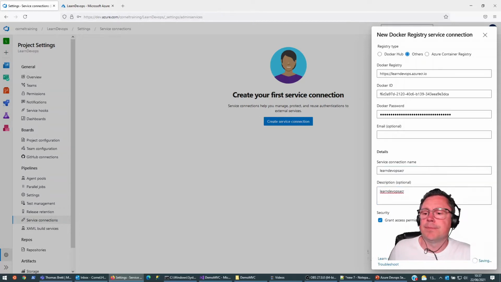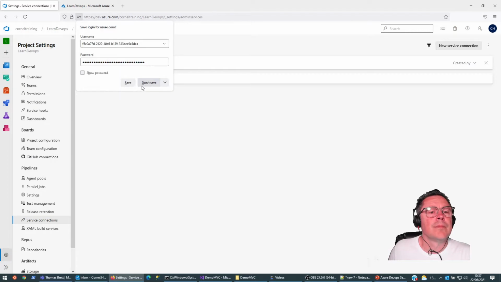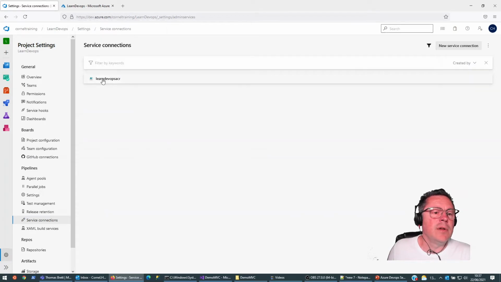Let's just add it. And there we have our Learn DevOps service connection. So now it should be able to connect there. We'll still see if there's anything that we need to